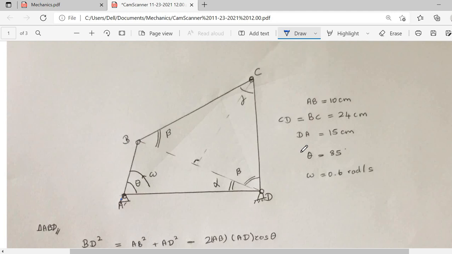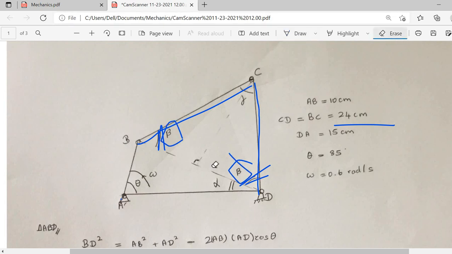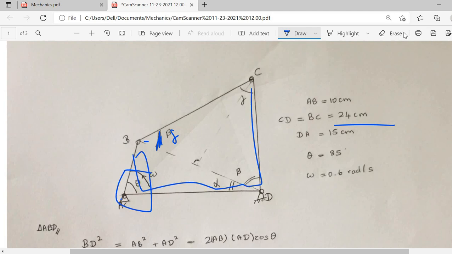Here luckily I have got the same distance for CD and BC, which equals 24. So these two angles are the same for my sum. Most probably you will have different values, so it's not a big deal. You need to find an equation for that too. That's a little bit more difficult than this one. In that case, you need to take another letter, like delta, and find the delta value in relation to theta as well as AD, BD and any other link lengths. After that only you can find the equation for velocity C.